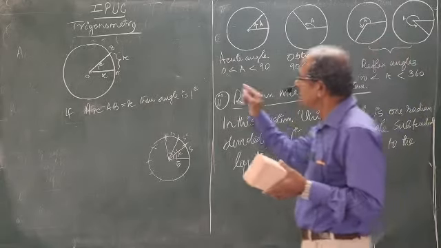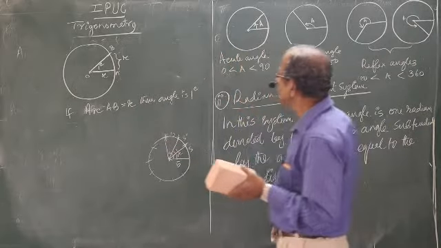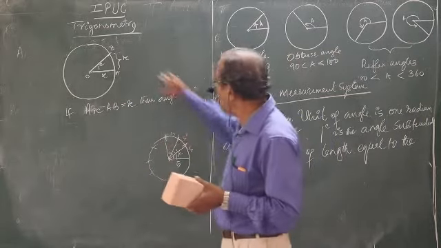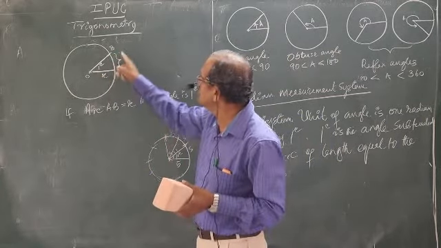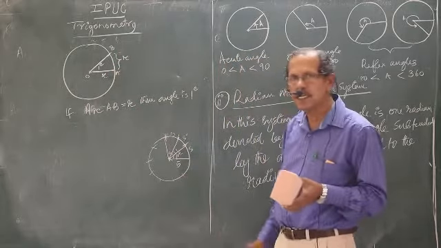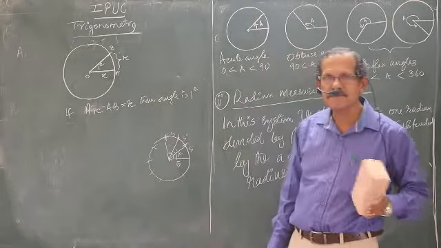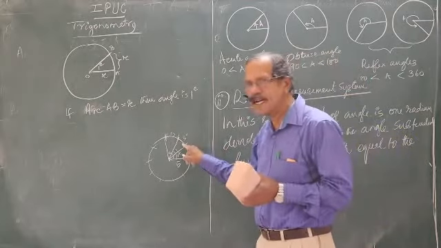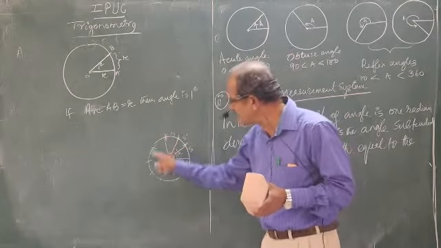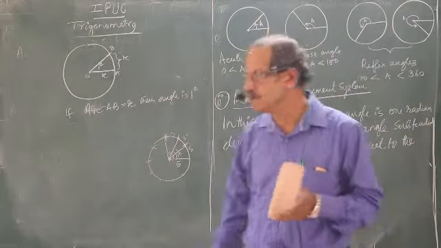So, in order to find the number of radians in the entire circle, consider this example: 5 centimeter radius, arc length also 5, angle is 1 radian. For 10 centimeter, 2 radian; 15 centimeter, 3. How many pieces can you make in the entire circle? That many radians will be there in the entire rotation.